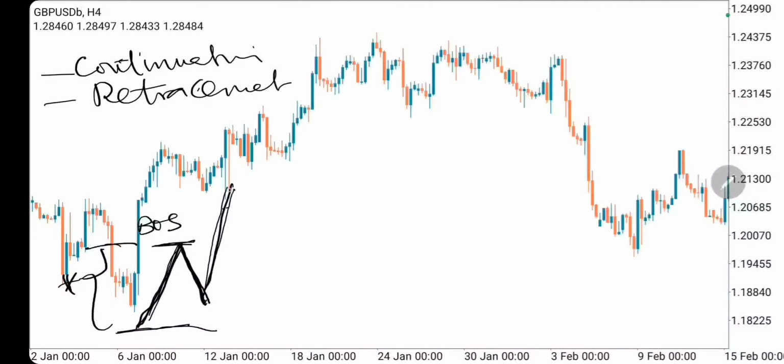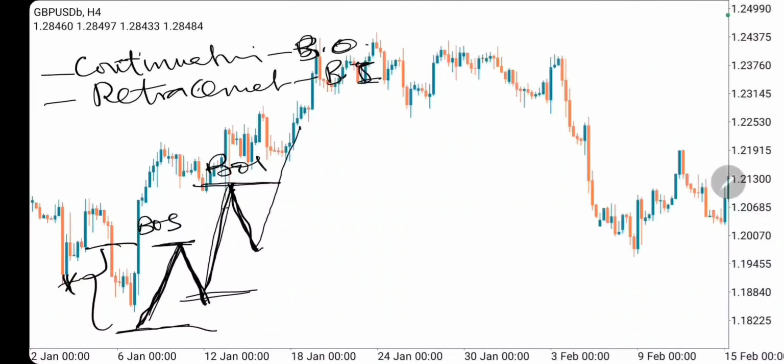So now the market will still do a retracement. When the market does a retracement, you have this range again. The market does a retracement, just like a resting phase. The market rests, a breathe in, breathe out. Retracement is like a breathe in, while the continuation is like a breathe out. So the market does a retracement, a breathe in, and now goes again to break the high that was created.